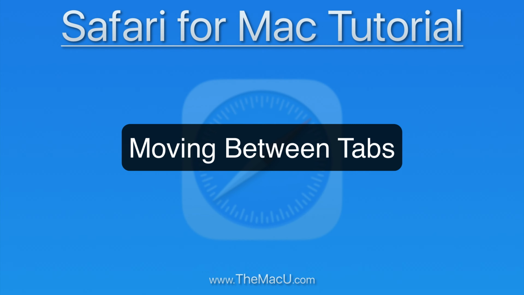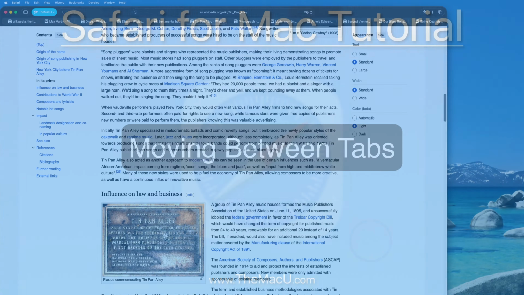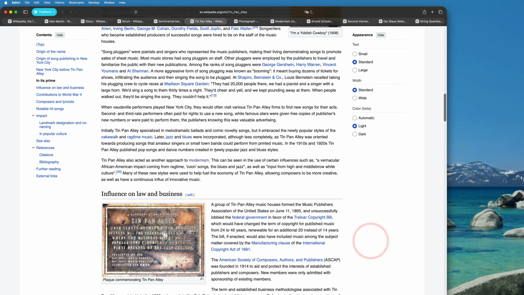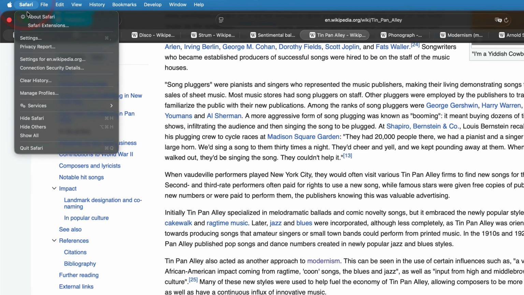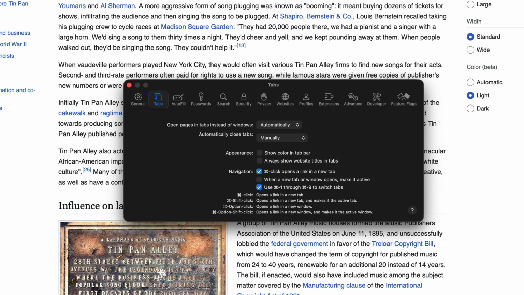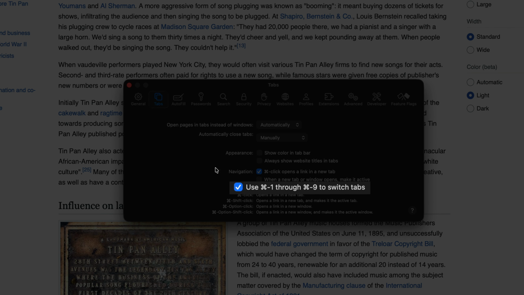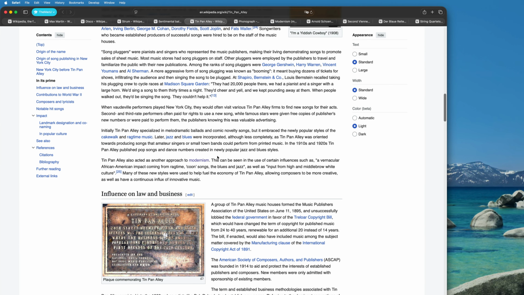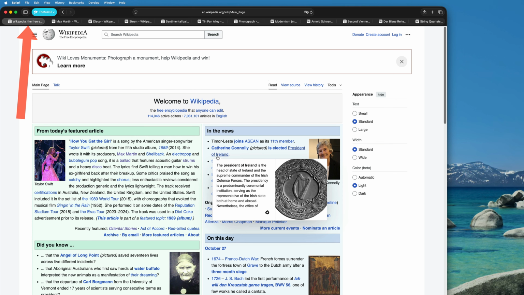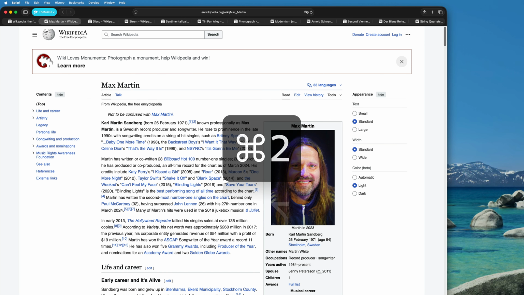Let's see how you can navigate quickly between all your open tabs. First, you can use a keyboard shortcut to jump directly to a specific tab. Go to Safari, Settings, Tabs, and make sure the option "Use Command 1 through Command 9 to switch tabs" is checked. Once it's enabled, you can press Command 1 to go to your first tab, Command 2 for the second,